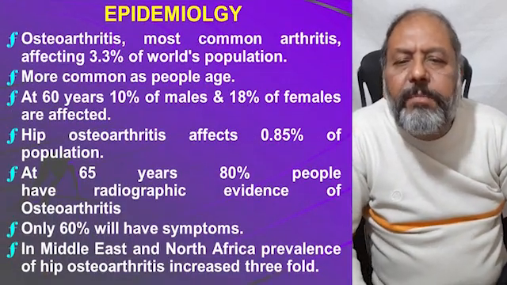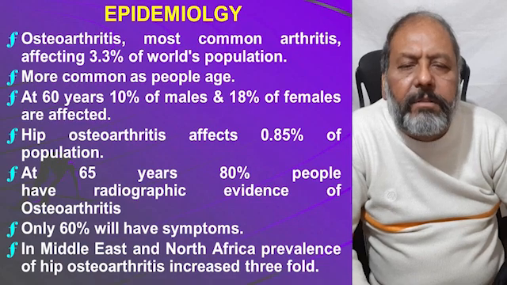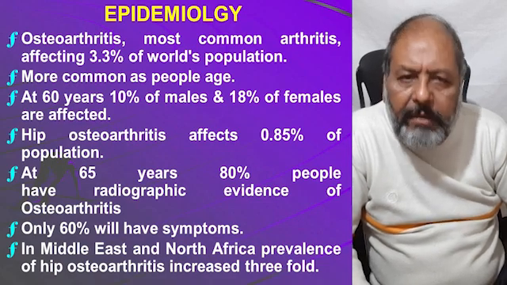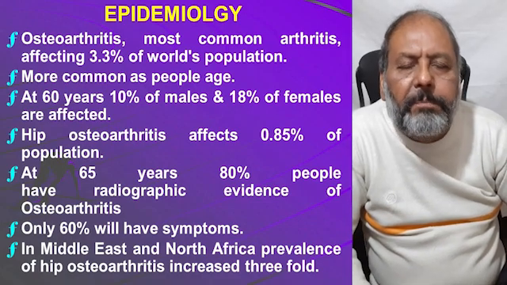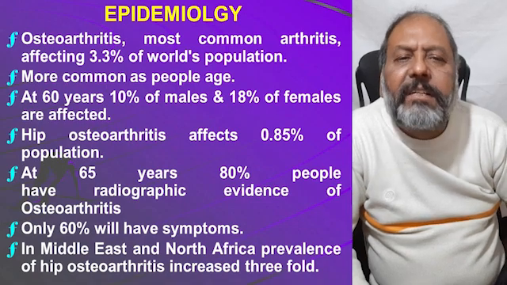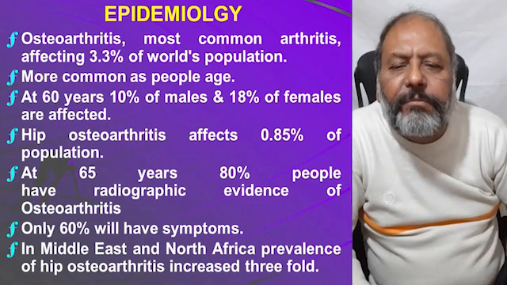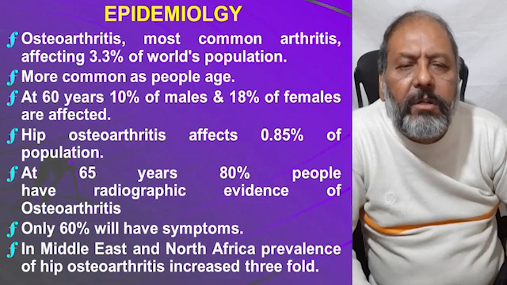Now, epidemiology. Osteoarthritis is the most common arthritis, affecting 3.3% of the world population. I have already told you it is more common as people age. At 60 years, 10% of the males and 80% of the females are affected. Hip osteoarthritis affects about